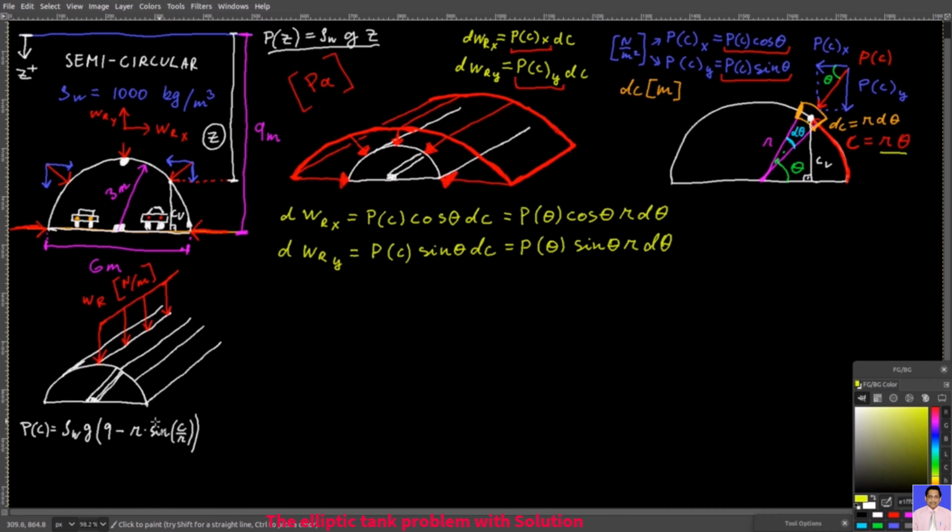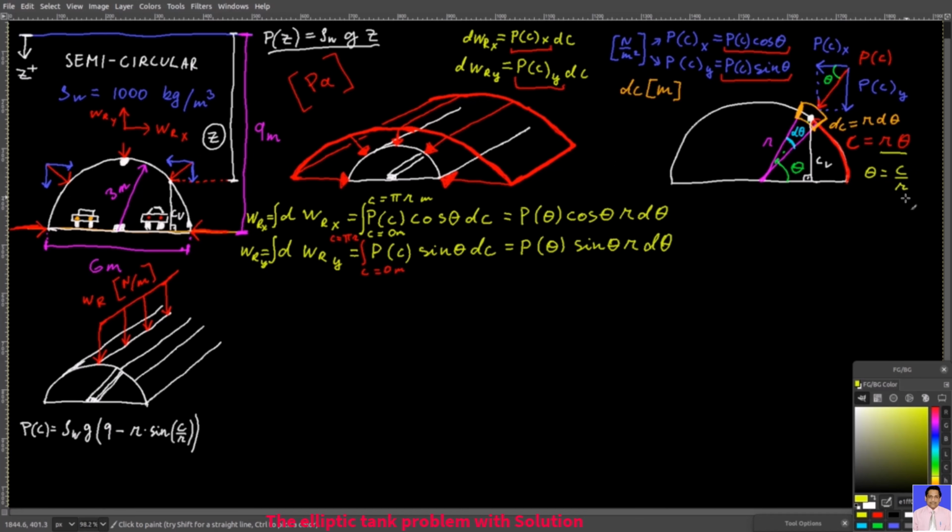And so now that we have our pressure as a function of arc length, if we integrate this one here and this one here, in other words, we integrate this one from c equals 0 meters till c equals pi times r meters, and then we integrate this one from c equals 0 meters till c equals pi times r meters, well then of course you will get wrx and wry,